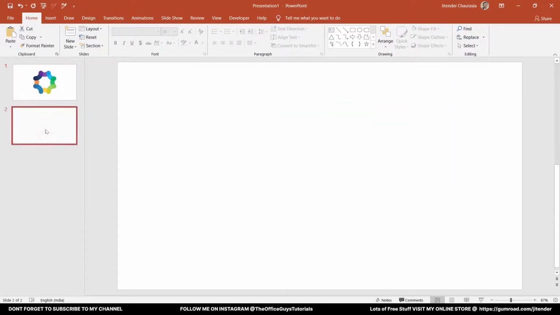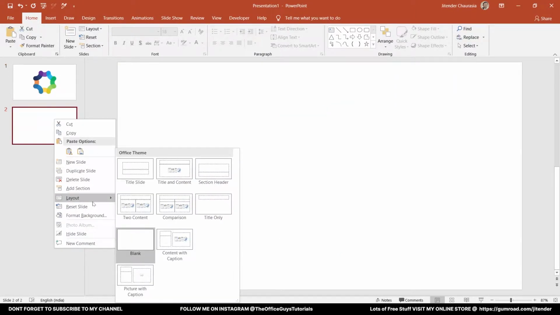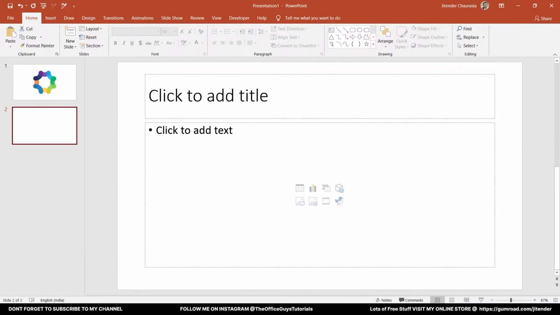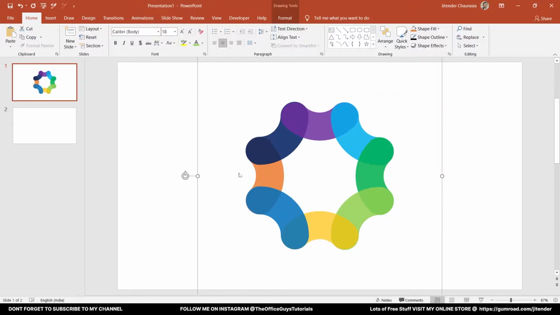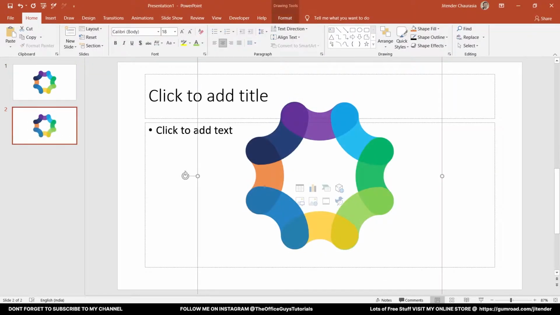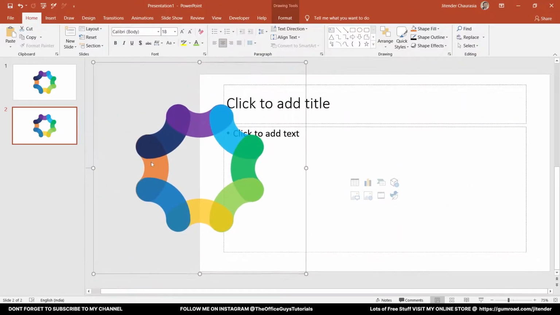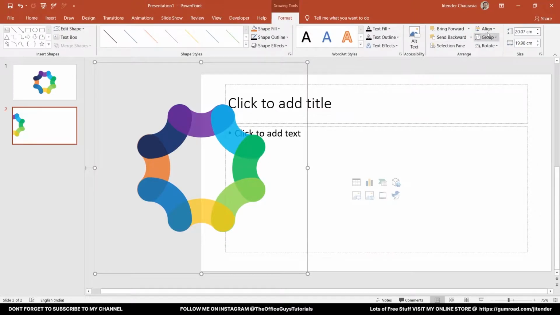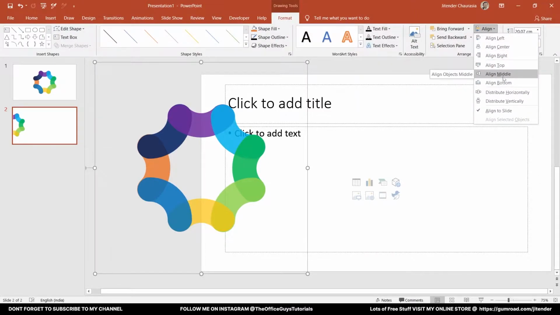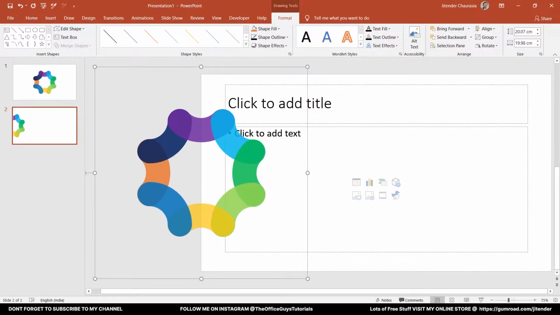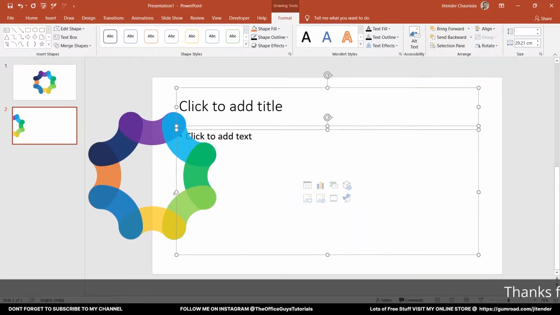Now I'll take a new slide, and let me change its layout to title and content. So here we have it, and let me copy this shape once again and press Ctrl V to paste it. I will just bring it somewhere here, so that it is centered. Okay, so you can see it's matching the line, and now let's make it centered in the middle. So that's done. Now let's move these two things to this side,